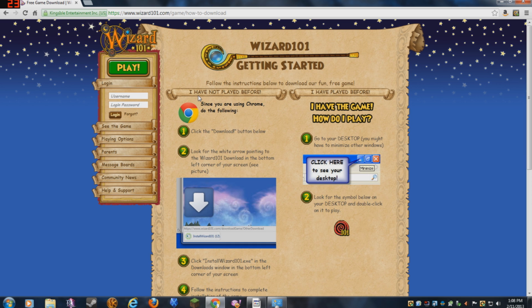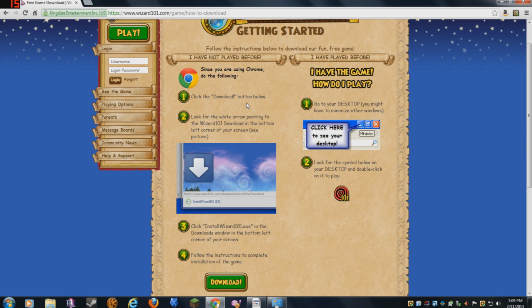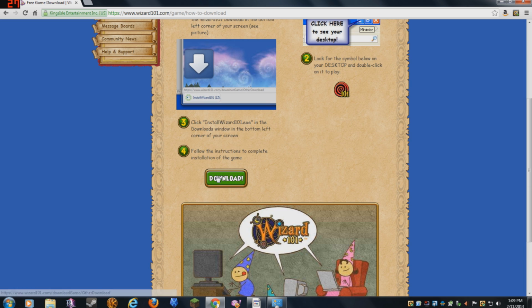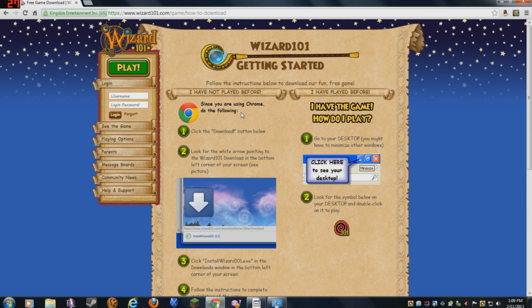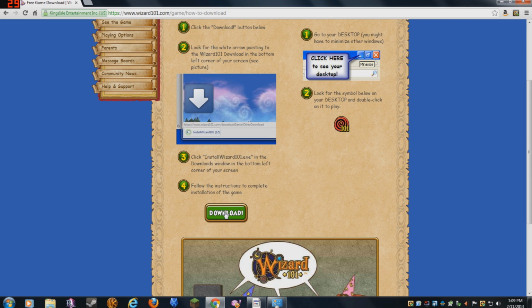Now, it says here, I have not played before, or I have played before, but despite the fact that we have played before, we're going to go here to download. And my son actually has an account, so we're not even trying to get the free version, but this is still where you go to download it. Okay, so we're going to click download,